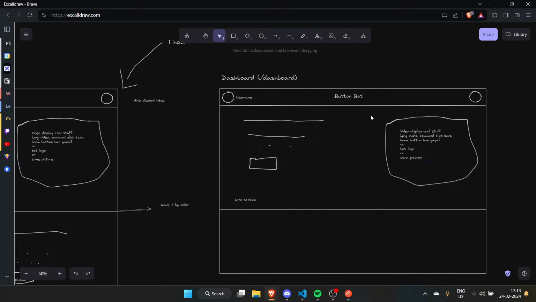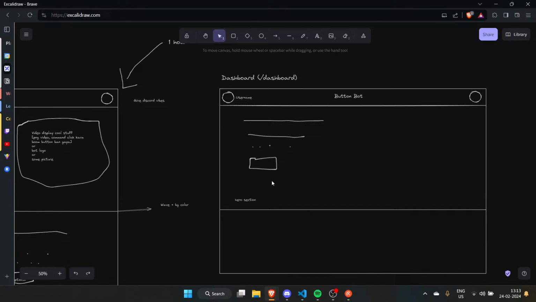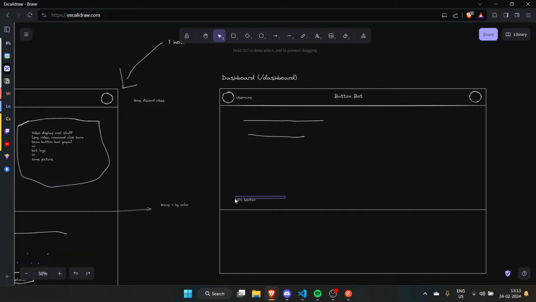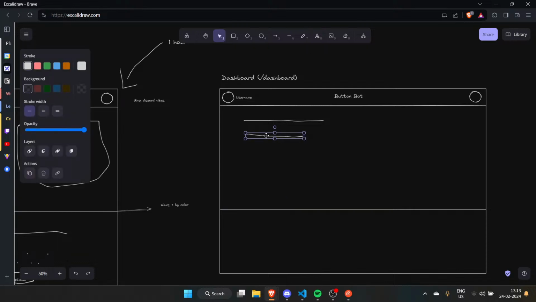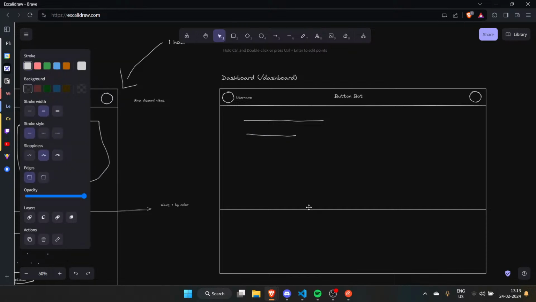I definitely don't need this, do I? Let's see. This is my dashboard page. Button bot, your management panel. You can use the server source. I probably don't need that. I likely don't need this. I mean, we definitely don't need a hero section in this thing. So we have a bit of text there. That's fine. After that, do we even need text?